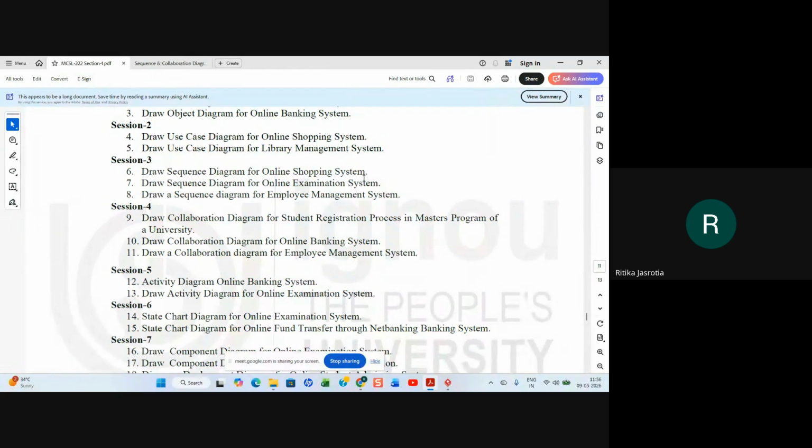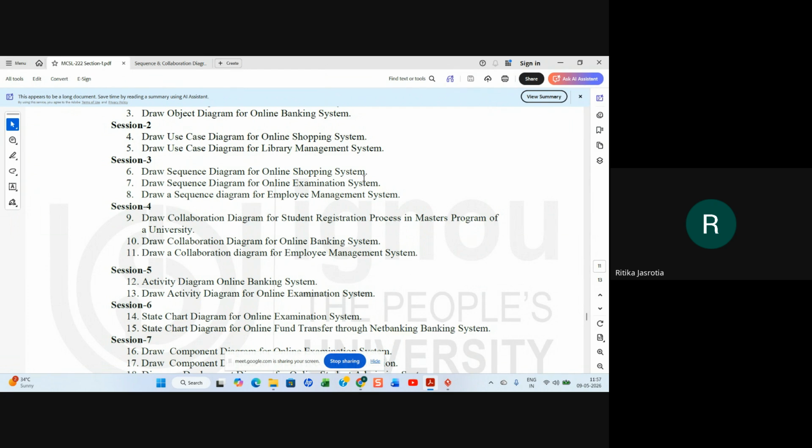If you are saying you are logged into the system, first you are validating from the database that you are a valid user. As a guest user also you can log in, but suppose you are a registered user and you are logged into the system, so you are validating from the database that you are a valid user, giving your username and password. Now you can select the product from the database, whatever inventory product you are selecting. After that, you are adding it to your cart. After that, you are giving it for the payment.